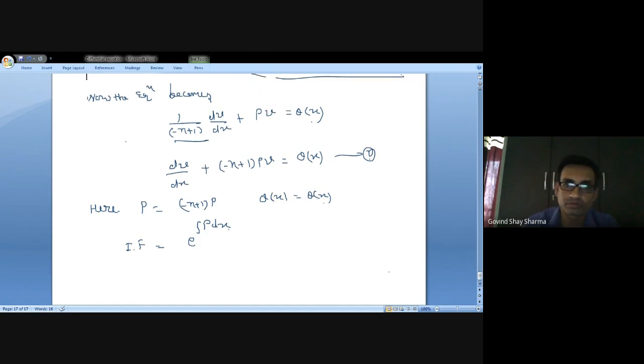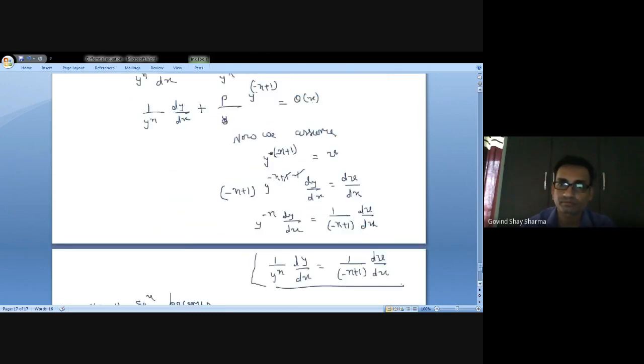What is the solution of this type of equation? We write here the main solution v times the integrating factor equals the integral of Q times the integrating factor, plus c. After this we put v in the form of y, so we get the final solution. Again I explain, this is very